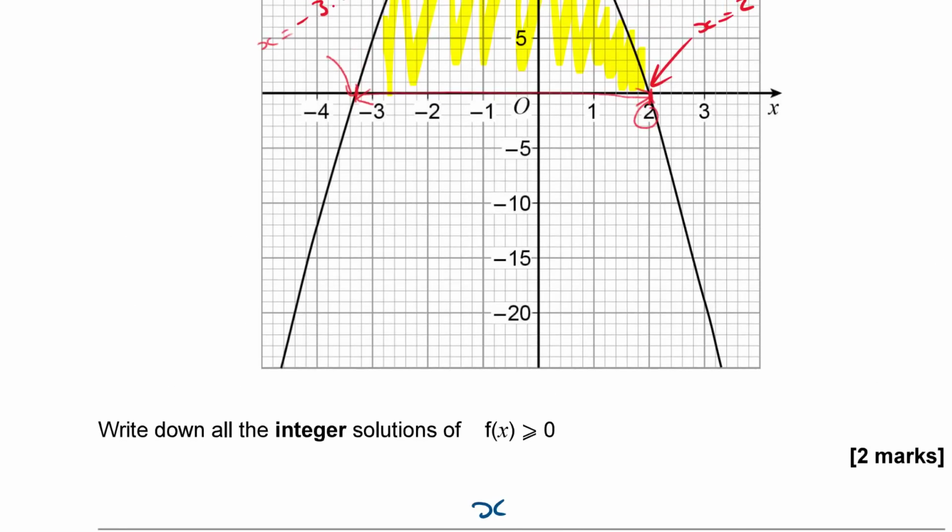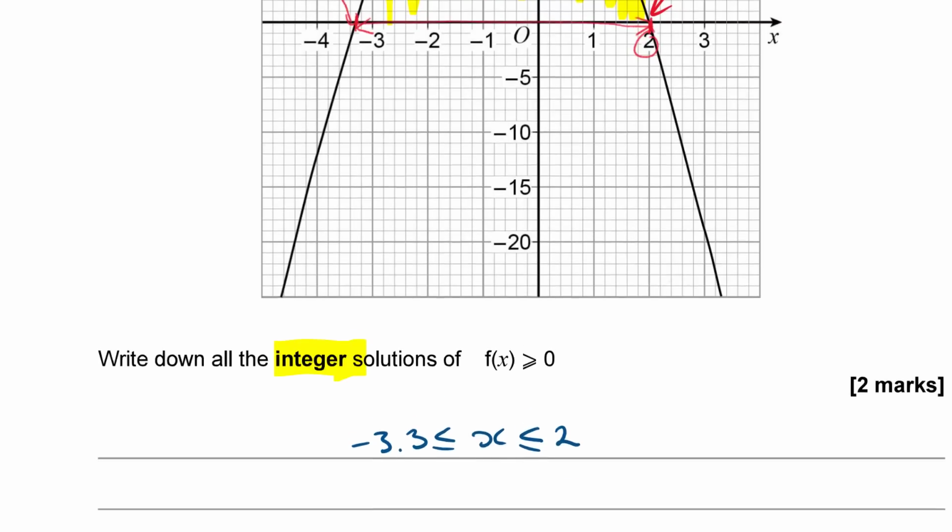So x must lie between minus 3.3 and 2. And because that is greater than or equal to, then my two endpoints are part of the range. Okay. Oh, so I've just spotted another word in here I didn't read first off, and that is integer